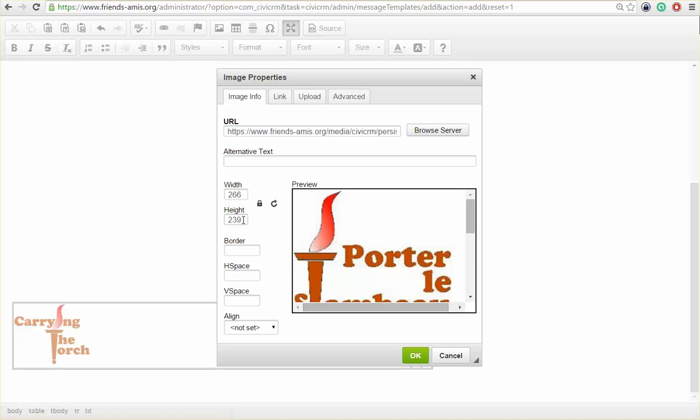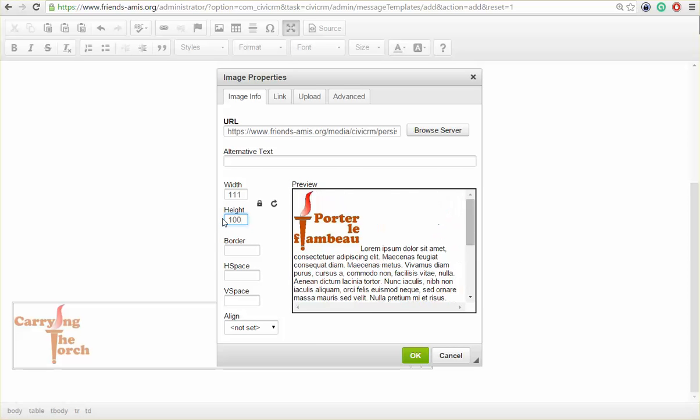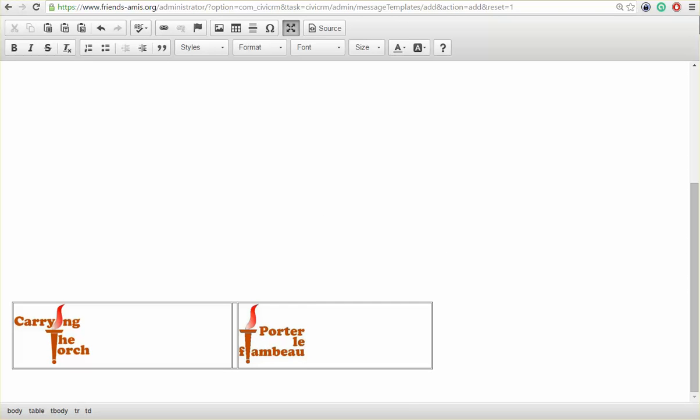There it is again. Again, I think that one's also too big, so I'm going to change it to 100 pixels. And then I'm going to click OK, and you're going to see that that is left aligned, and that's not what